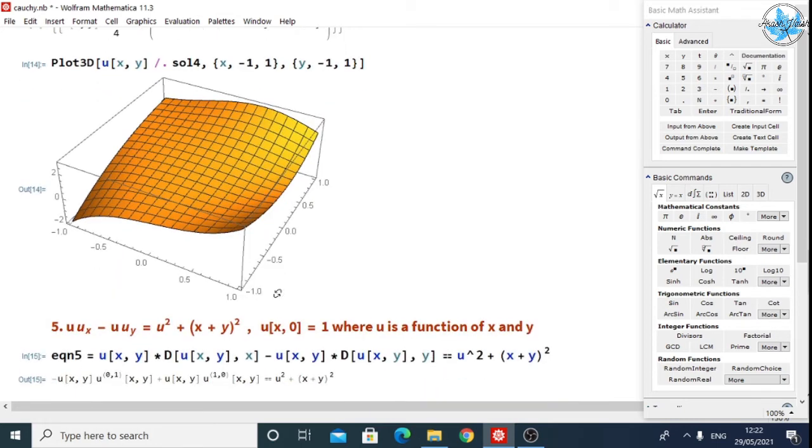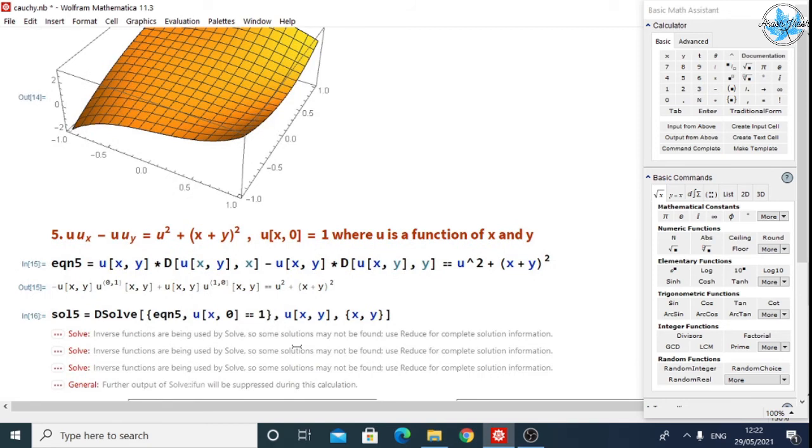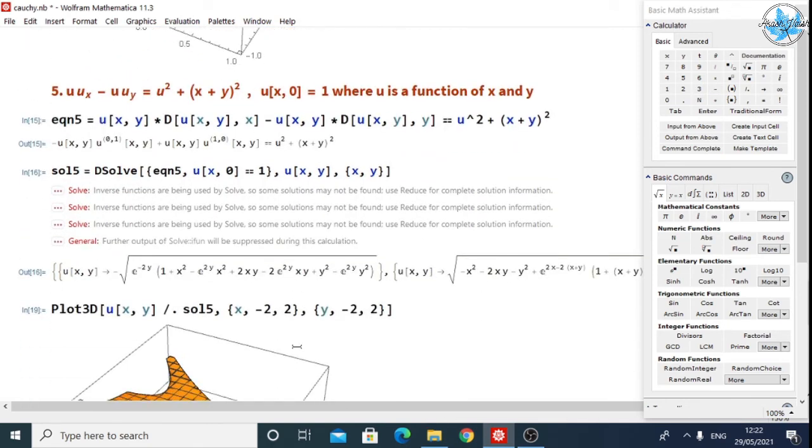So our last example is the fifth question. Just see this equation. This is different from all the above equations. I will give you one question for homework so that you can try the equation. So my question 5 is u_x, where u is already a function of x comma y. It means it is a dependent function.